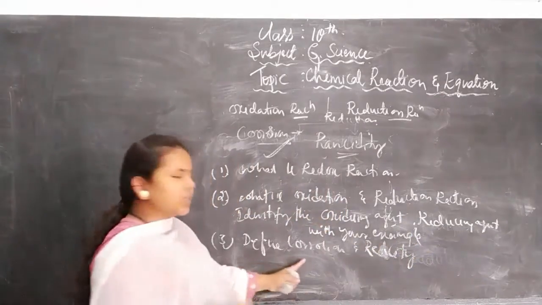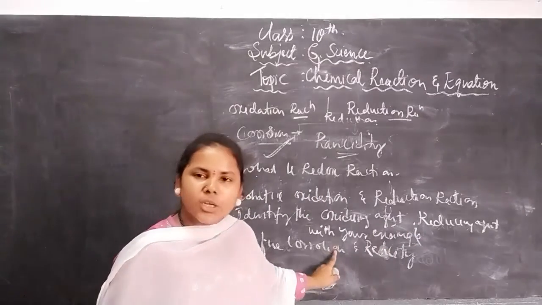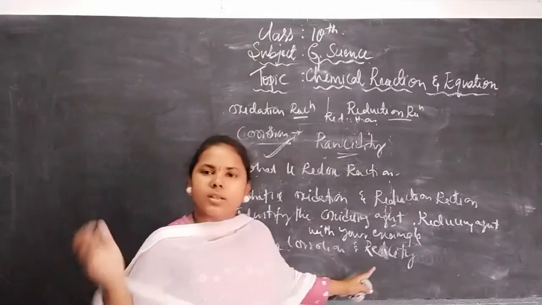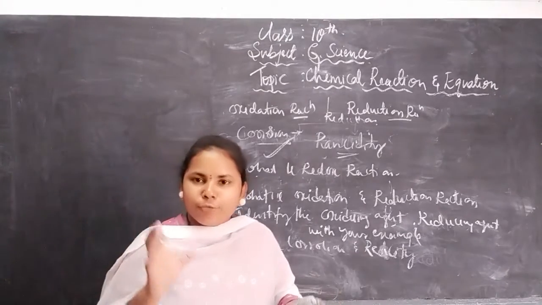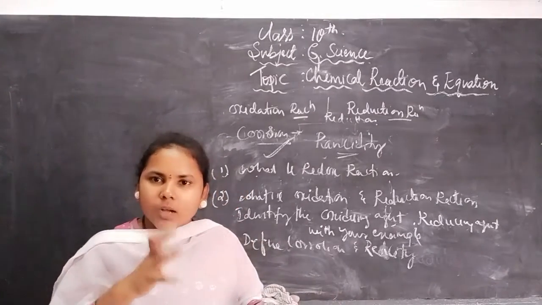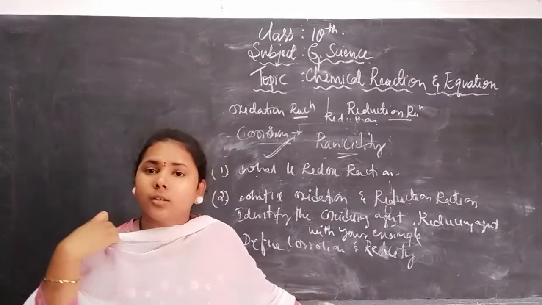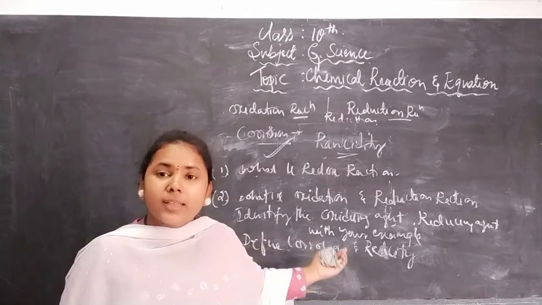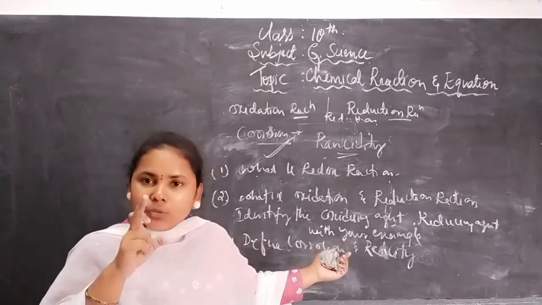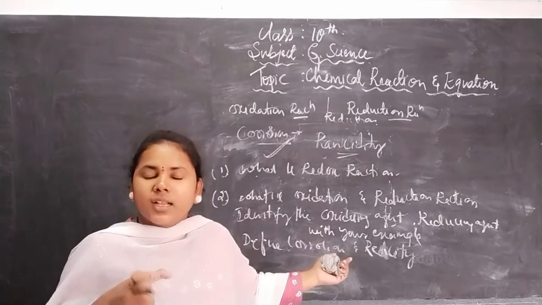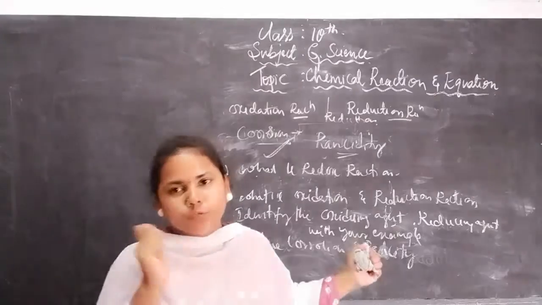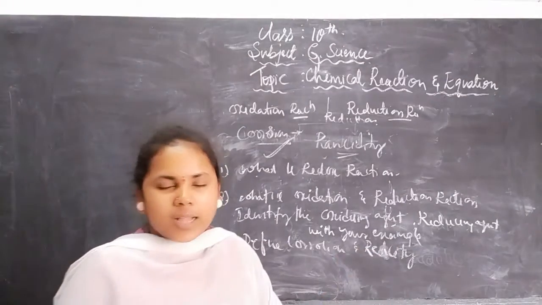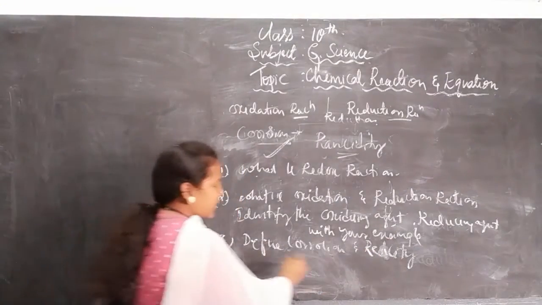These are the regular questions that will be asked in the examination. What is corrosion? What is rancidity? How can you prevent food items or oily food packed in a cover from spoiling? How can you protect them? You need to identify the effect, that it is rancidity, and answer that we need to add an antioxidant substance like nitrogen, flushing it into the packets. Now, define corrosion and rancidity.